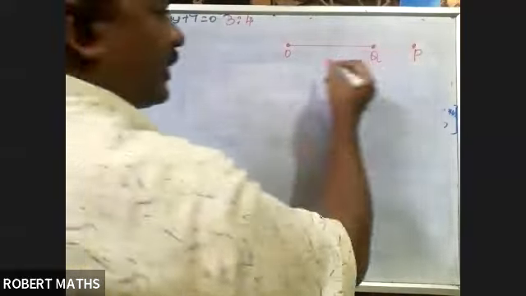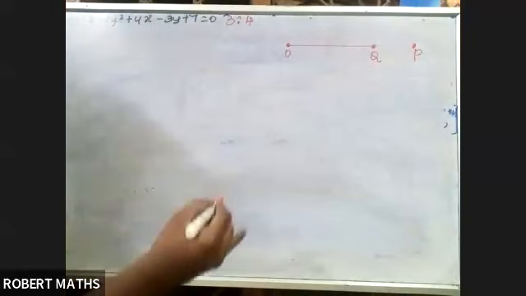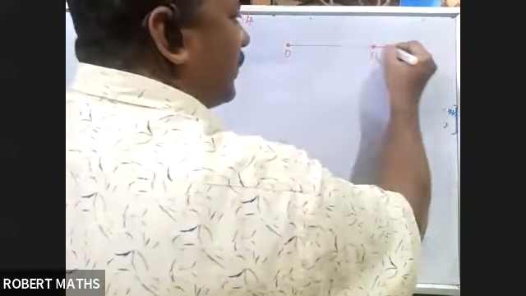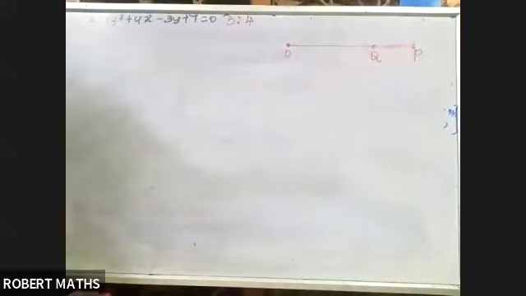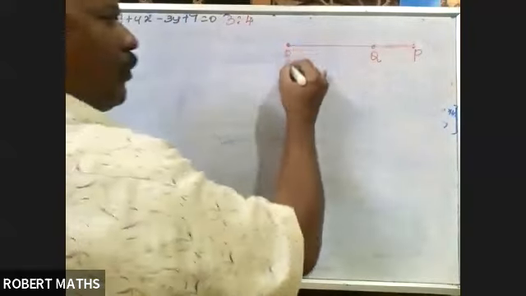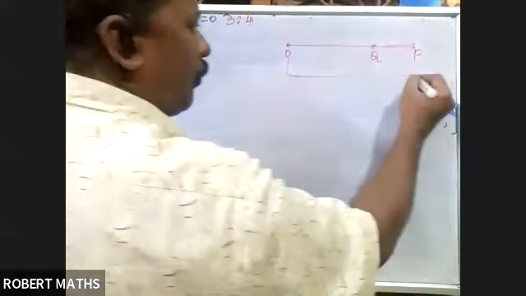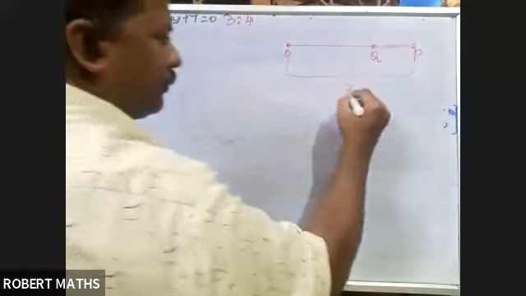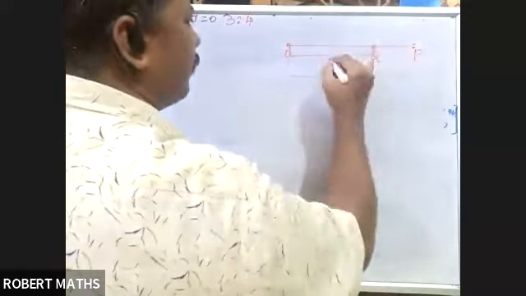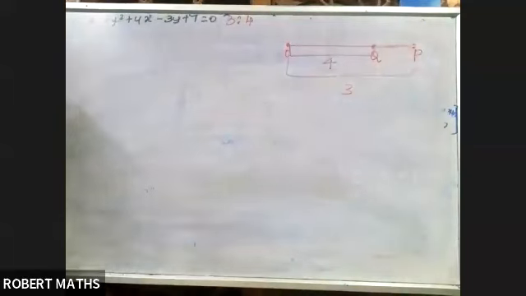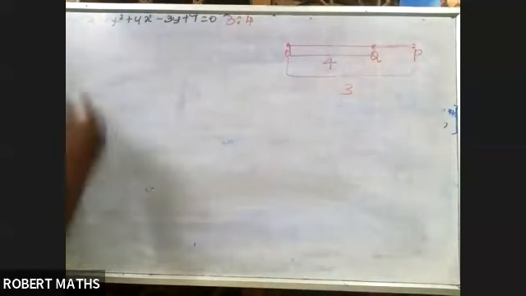So the line OQ, how does P divide it? P divides it externally. What is the meaning of that? When OQ is divided externally, the ratio of OP is 3 and OQ is 4. This is the meaning. So I can write P divides OQ externally